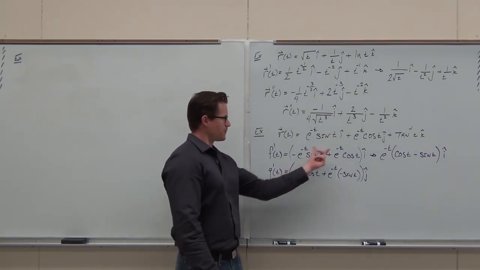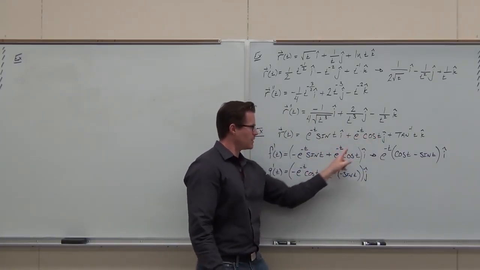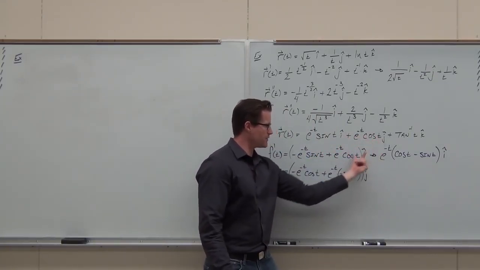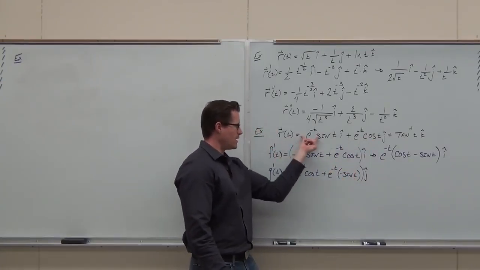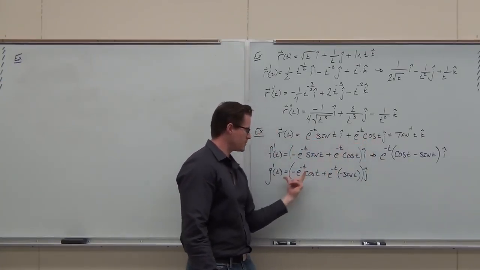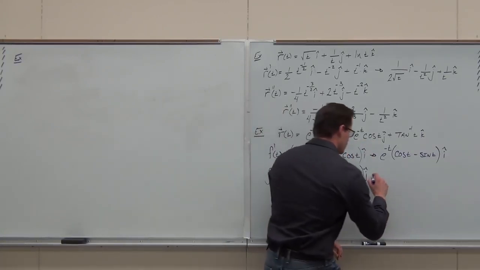So we got the derivative of the first times the second, that's here, plus the first times the derivative of the second, that's here. Here was our f prime. Here's our g prime of t. And then if we factor some stuff out,